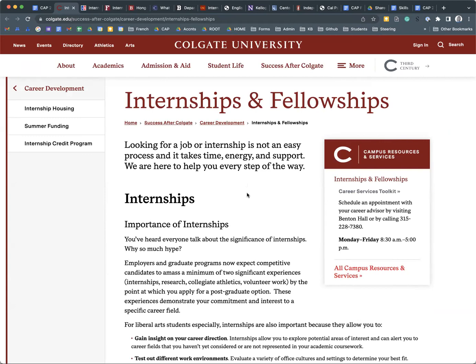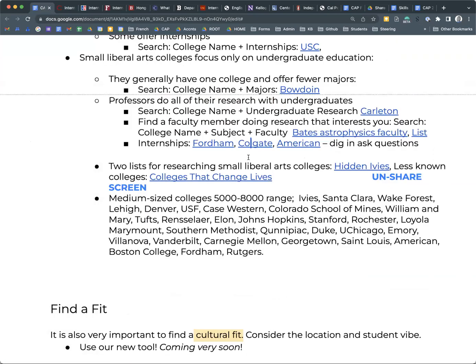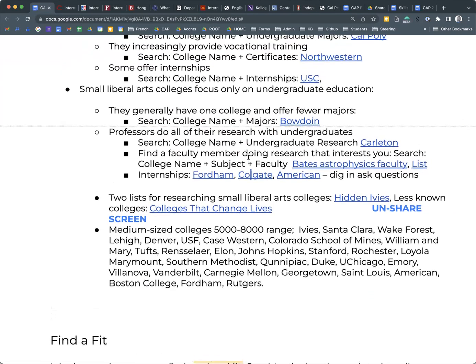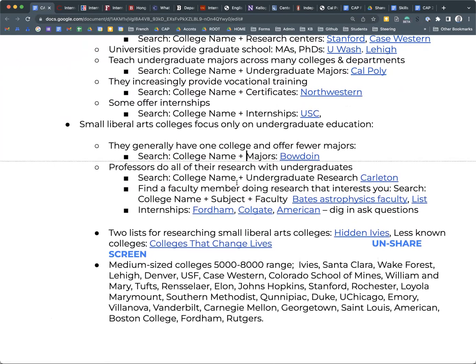So these are the kinds of things that you want to be taking into consideration. And really, this is about thinking about what's important to you. Are internships important to you? Is research important to you? Is service important to you? Right? So let's take a quick look at what service looks like as well. If you do a search, I have that coming up in just a minute. So we'll take a look at that.